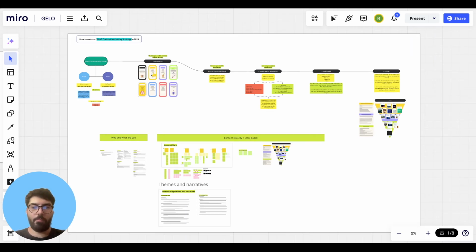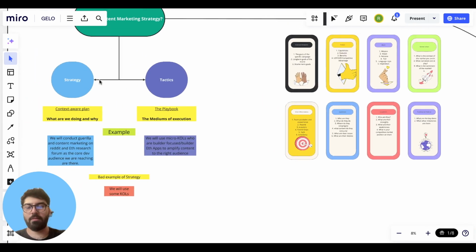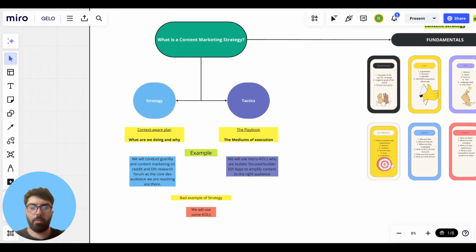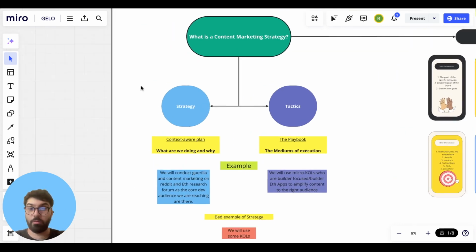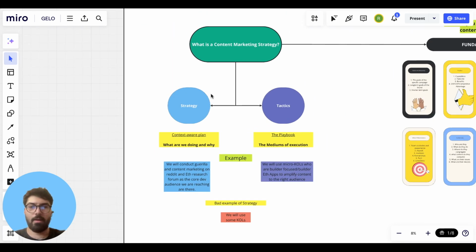Before we jump into understanding what encompasses a holistic content strategy, we should first understand what a strategy is. Now, in the Web3 space, we've seen a lot of different quote unquote strategies. And the reality is that a lot of these strategies that people are implementing are just playbooks and tactics. Now, a playbook is extremely important. It's always good to have your playbooks and a set workflow or framework to execute marketing strategies, but they are just that. They are frameworks of execution.